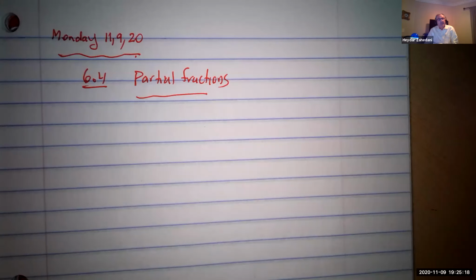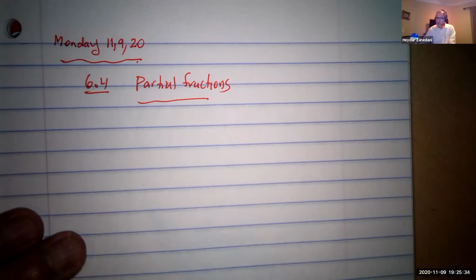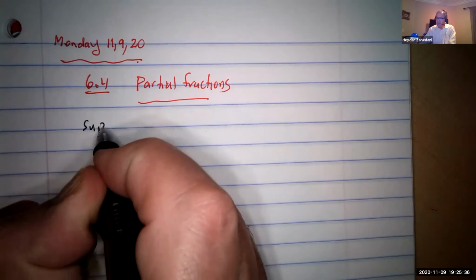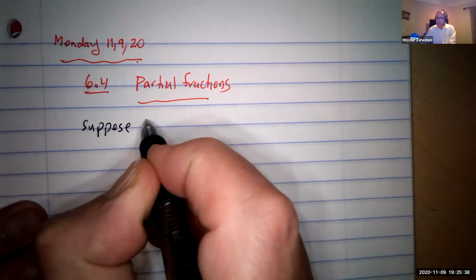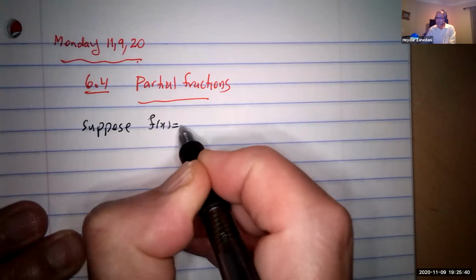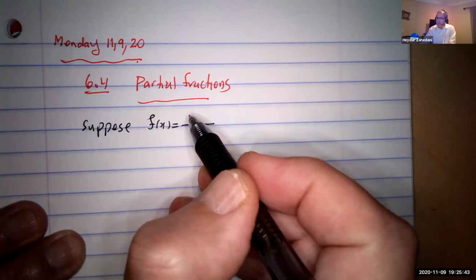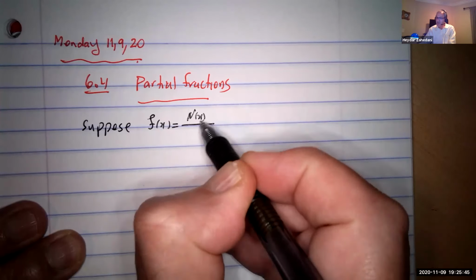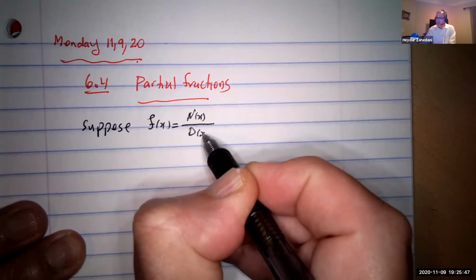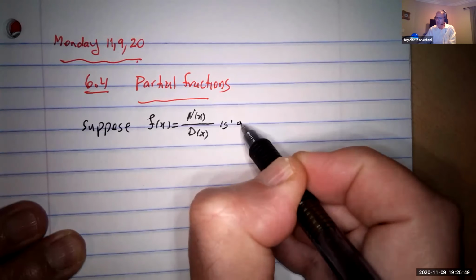Okay, so there are going to be some formulas that can be applied only to special fractions. So if your fraction is not special, we are going to change it into the special one. So this is the idea of the partial fractions. So suppose you are given a function, f of x equal to, as usual, numerator over denominator, is a given